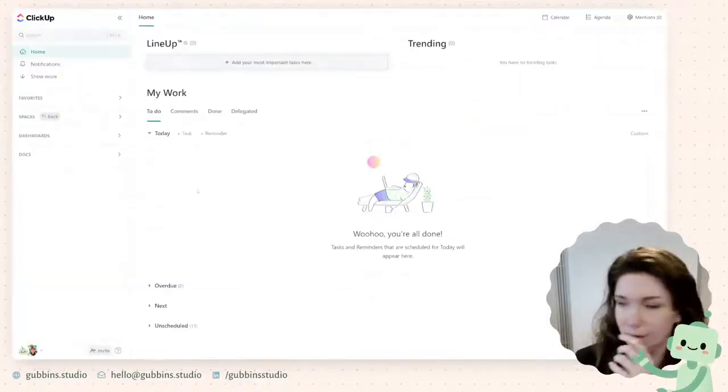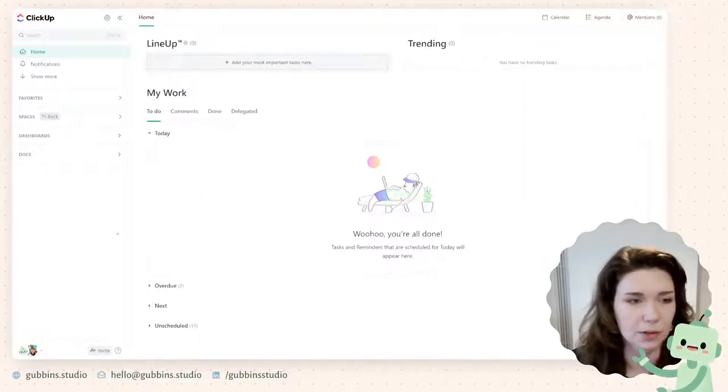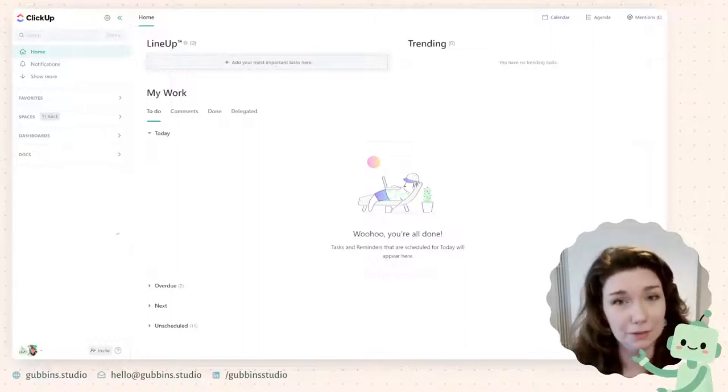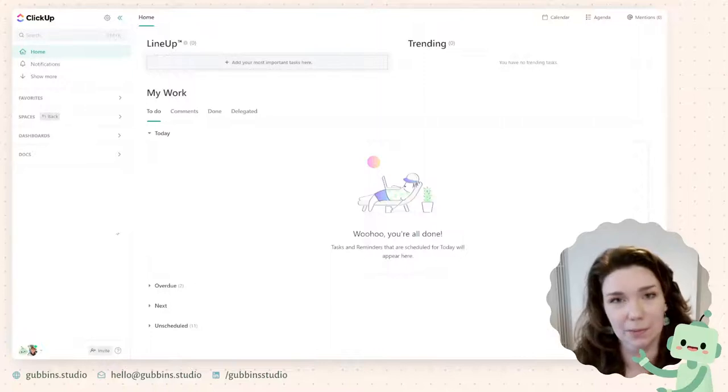ClickUp is a tool that I've used a little bit and I've really, really enjoyed it. It's very powerful. There are so many cool little features in it that I just will not possibly have time to go through today. My feeling of it is that it's very much a tool for working with other people.